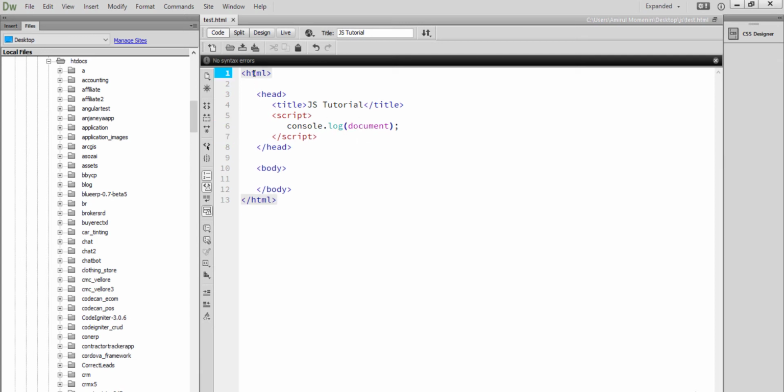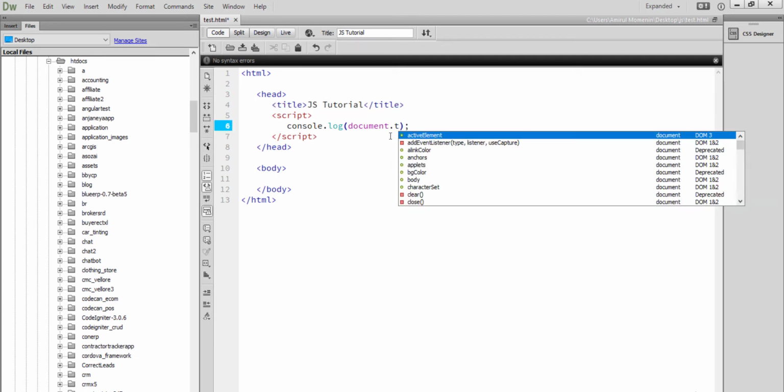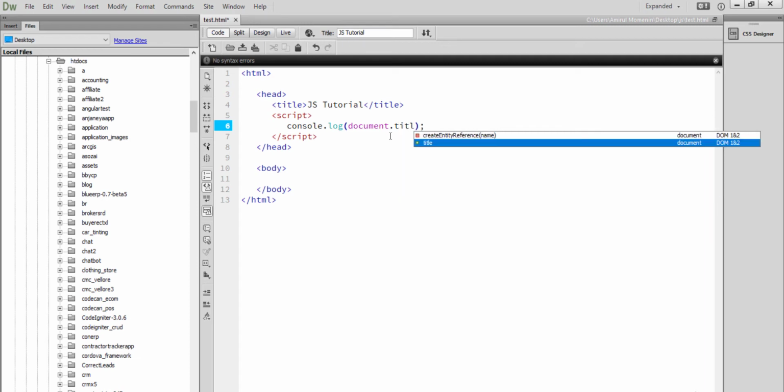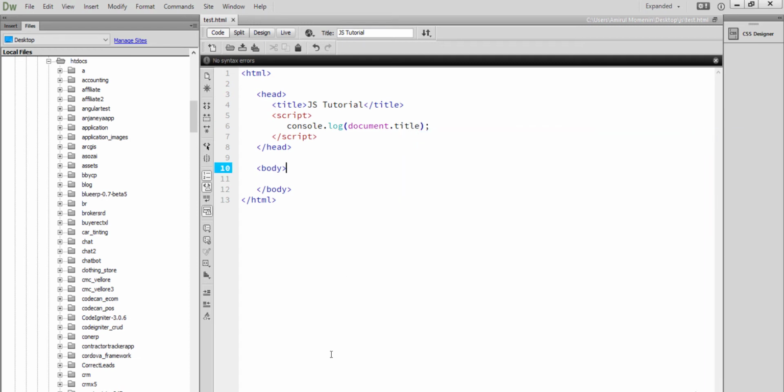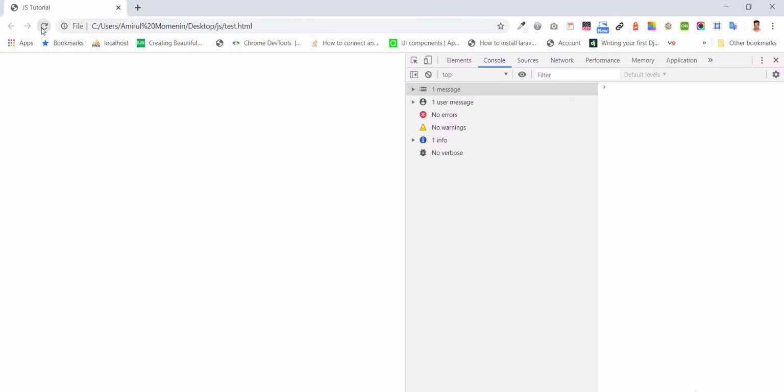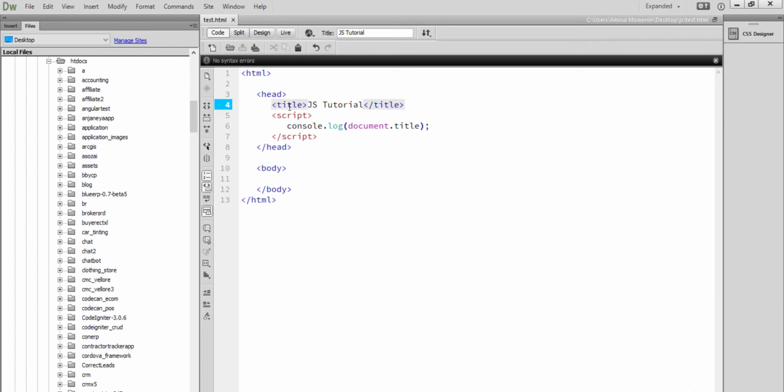That is the document in this file, and suppose title dot title. You can see the title. So title is a property of document. We wanna see the output on our window. Then we need an element